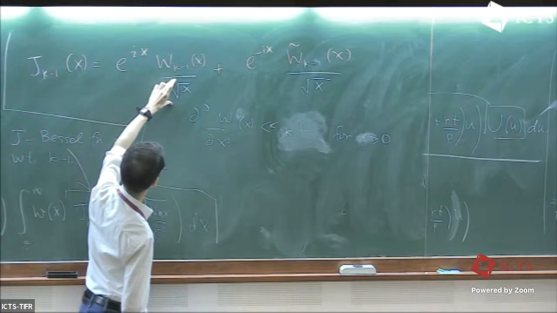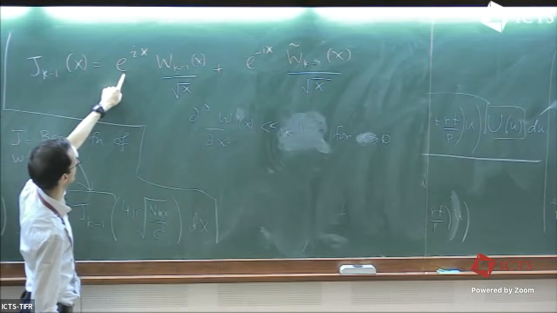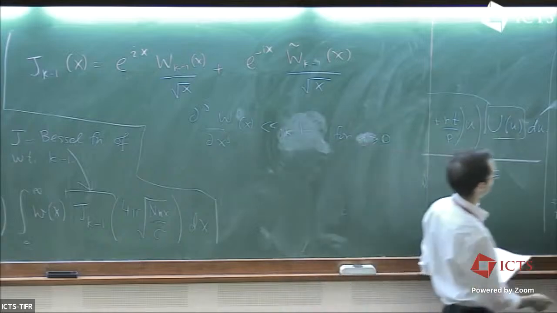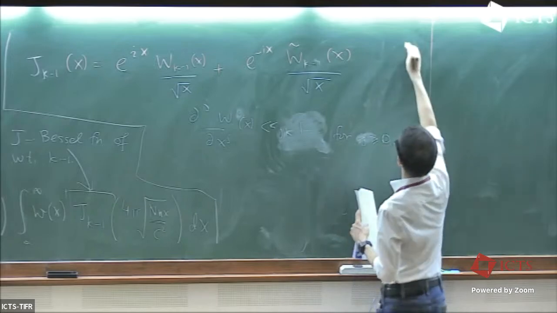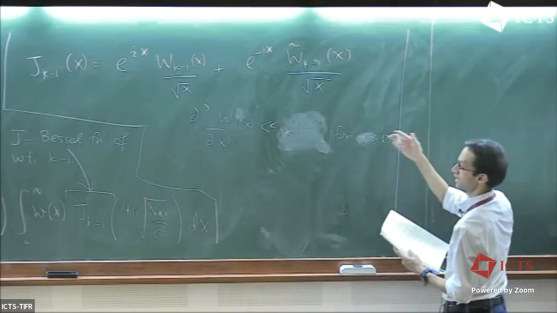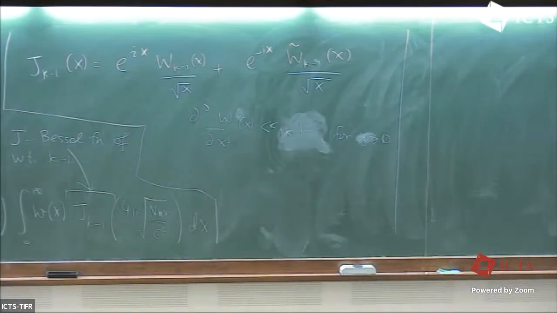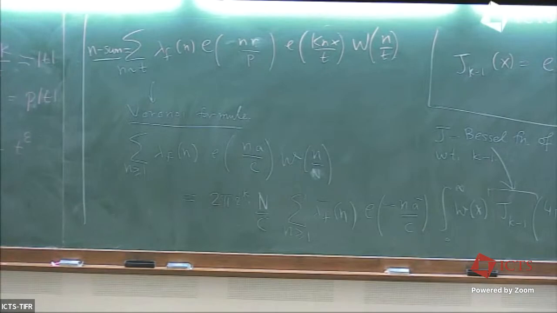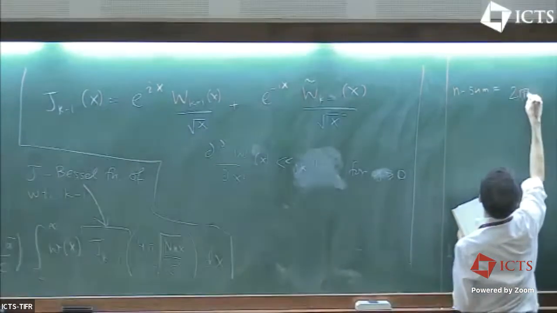So we have to divide by the square root of the size of whatever is inside. And you have to make sure that the oscillation that you're looking at is like e to the ix. Okay. So let me just apply this for you and write what you get on the other side. Right. So if you apply the Voronoi formula here, maybe let me call this the n sum. And what you get here is that the n sum is equal to, again, your 2 pi i to the k